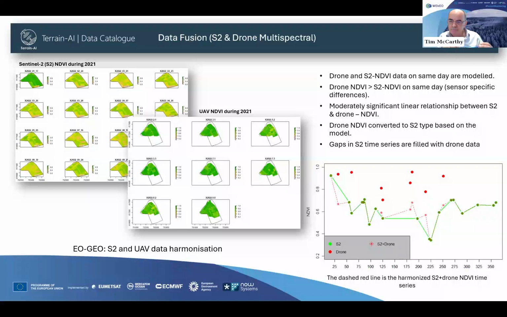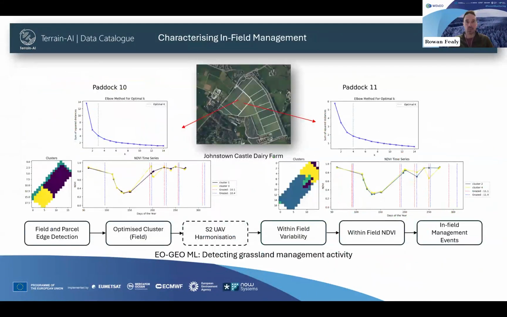Back to you, Ron. Yeah, so as part of that, having brought all the data together in a centralized point of access, as Tim is saying, we can now do interesting stuff and develop those automated workflows in terms of the Jupyter notebooks, but also in terms of data fusion, in this case around Sentinel-2 and drone data. This was a particular workflow that we developed to try and detect the management. Management is fundamental in understanding the emission response at a particular location. So we've been trying to develop these automated or semi-automated tools that we can almost remotely detect the significant management